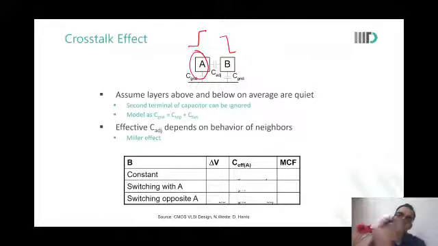Yes. When the transitions on the two wires are opposite in direction, the effective capacitance that we will see is slightly higher than regular. If everything was quiet, it could have simply gone up at a particular pace. But now, since the other wire is going down, it slows it down, as if the capacitance is higher. I'm not able to get this point. I understood that because of coupling, the two wires will start to influence each other.